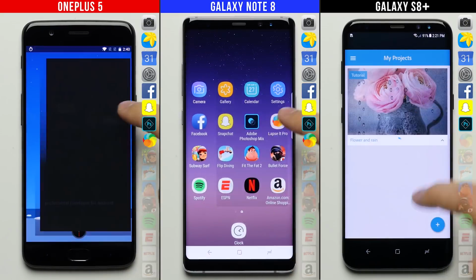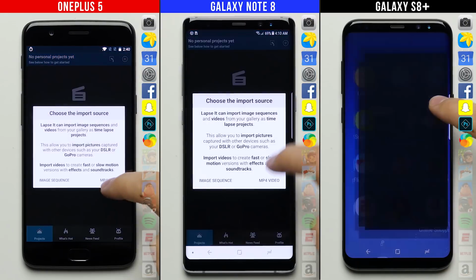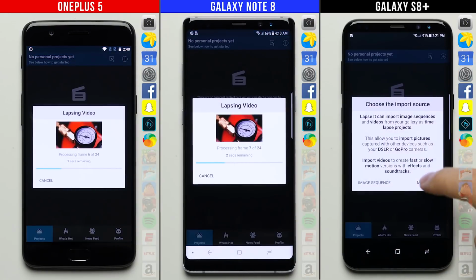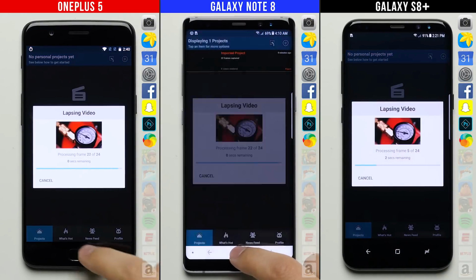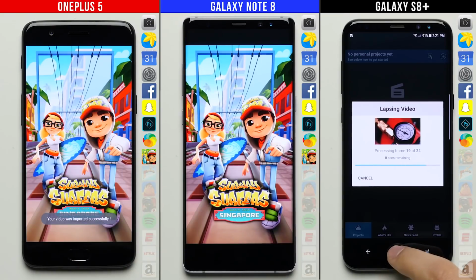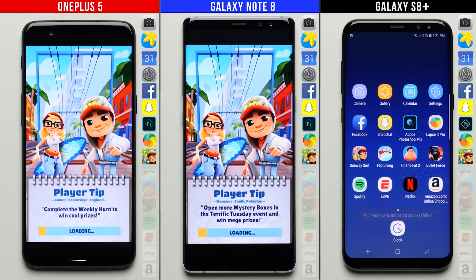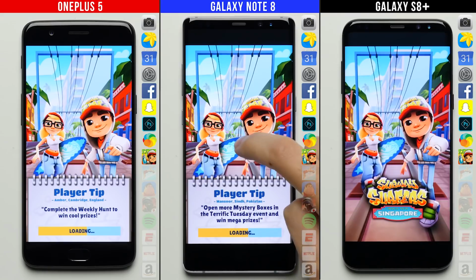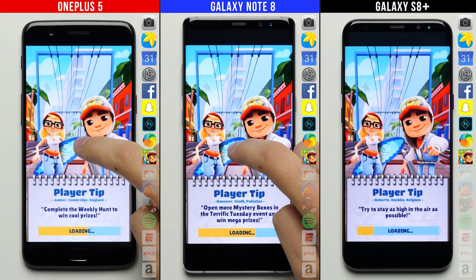So with the Note 8 and OnePlus 5 now neck and neck, it'll be interesting to see if either one of them can create some separation here in Lapse It. And from the looks of it, the Note 8 finishes Lapse It at a slightly faster rate, putting it ahead once again here in the speed test. But we still have plenty of apps left to go in this first lap, so this is still anybody's race,